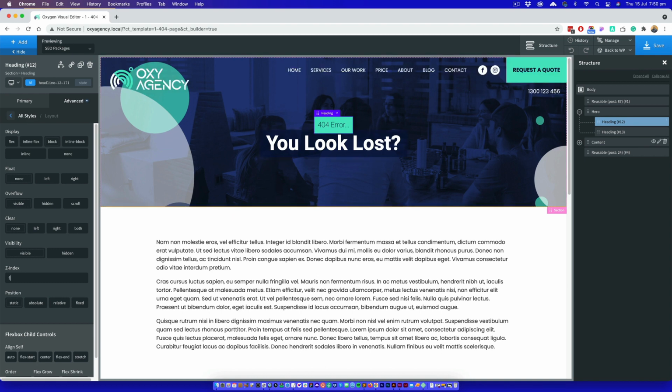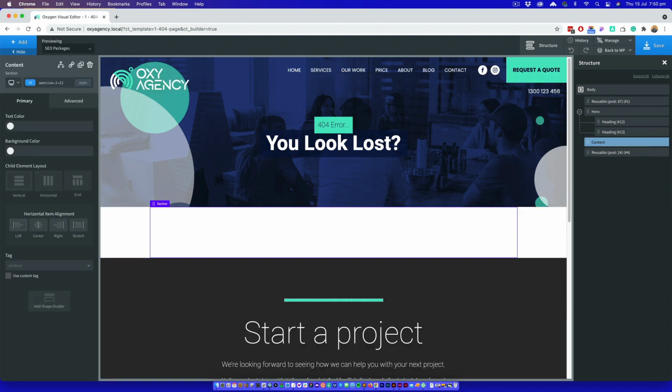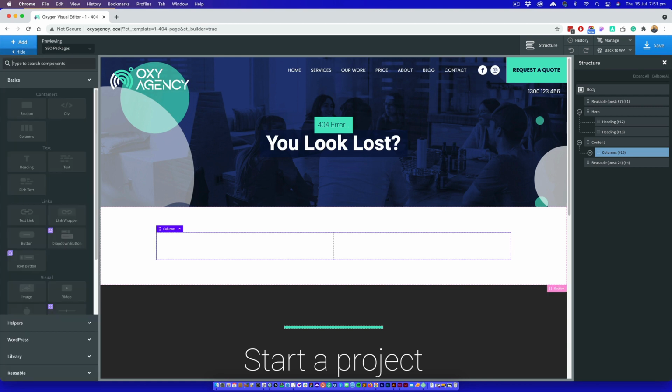Let's add a few other things in. We can get rid of this inner content now. We don't need this in this page. So I'm going to put in some columns, and in here I'm going to go 50-50. I'm going to put in an image,